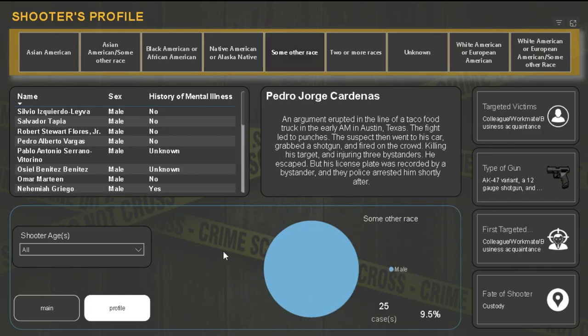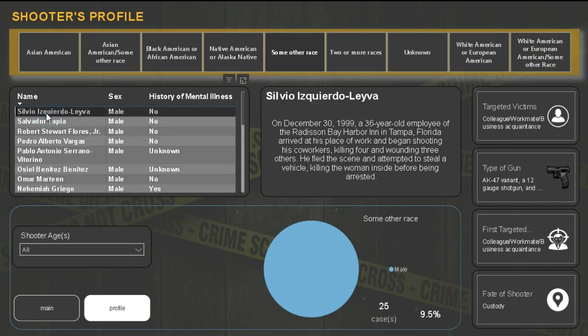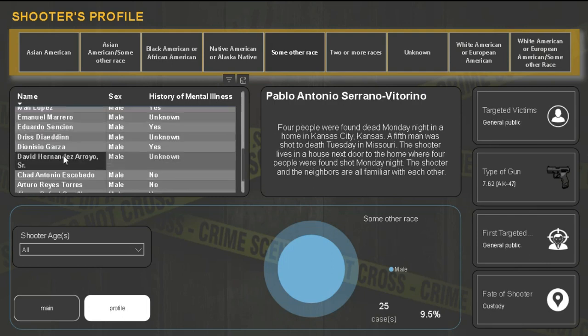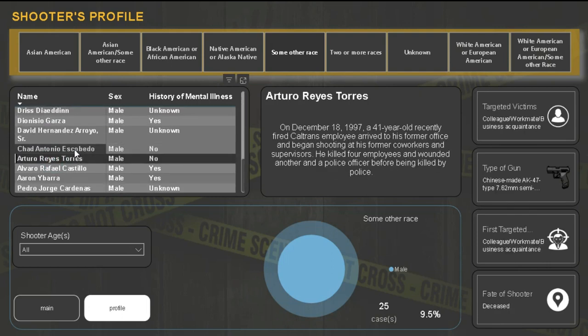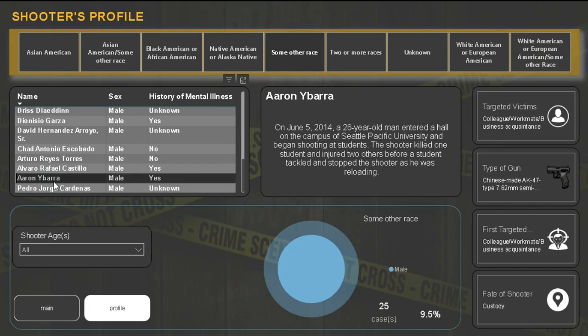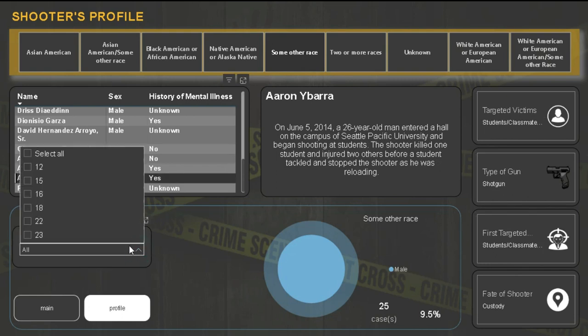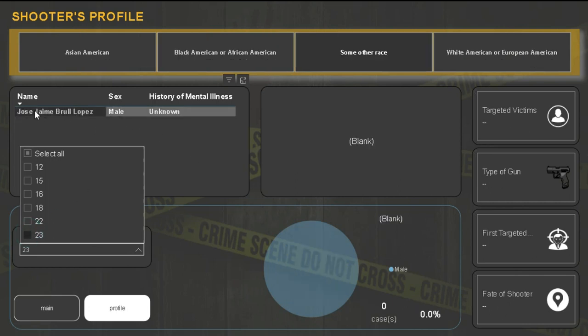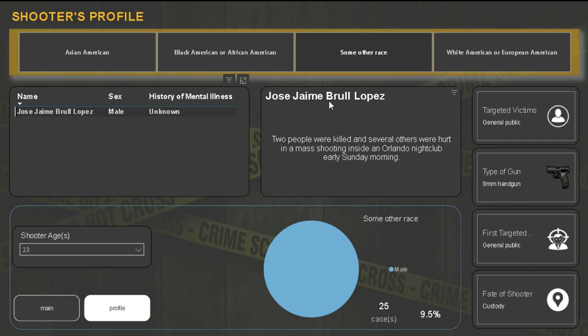This pie chart shows the number of cases, percentage, as well as a table that shows some information like name, sex, and history of illness. Next to it there is also a little summary of the whole incident, and on the right side we have some other information like